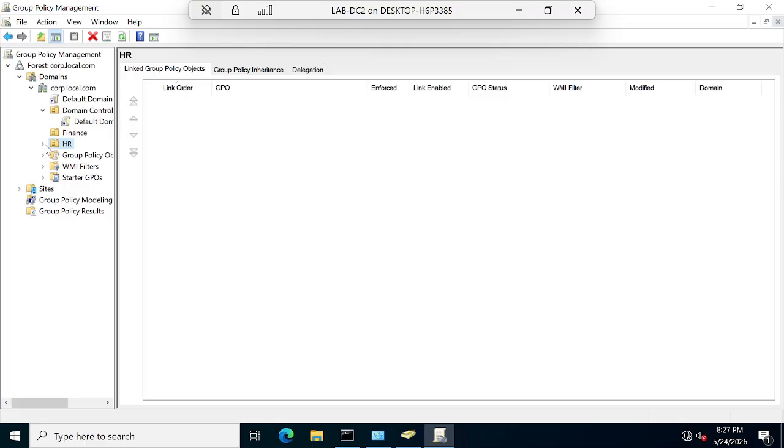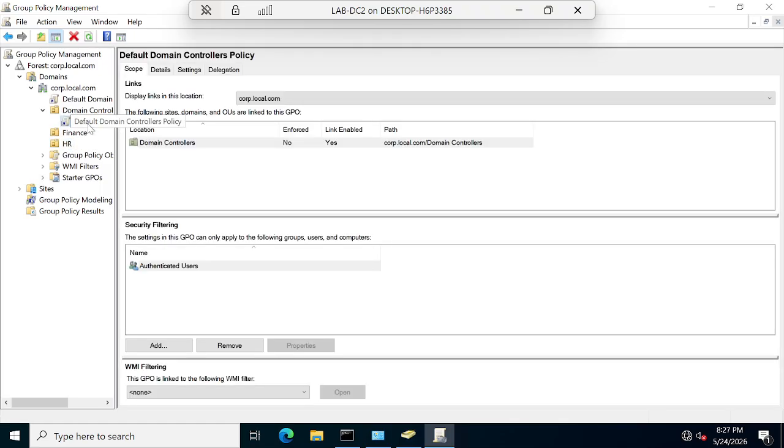These are the organizational units. Here you can apply group policy settings on domain controllers and organizational units, and on domain you can apply. See, on domain you can apply, on that particular domain controller you can apply group policy, and inside that you can apply in organizational units. So define domain controller policy,